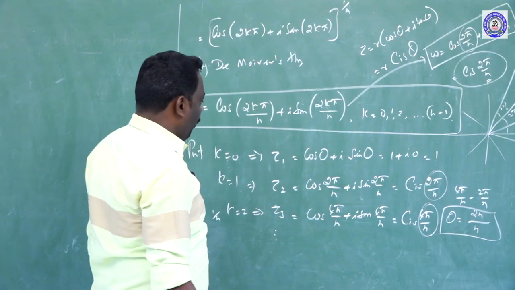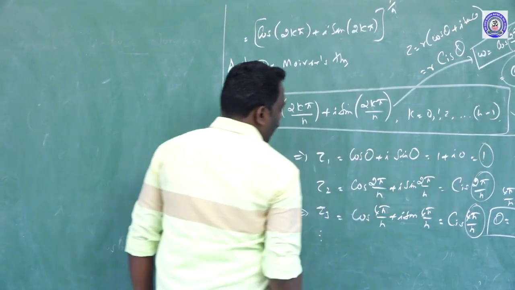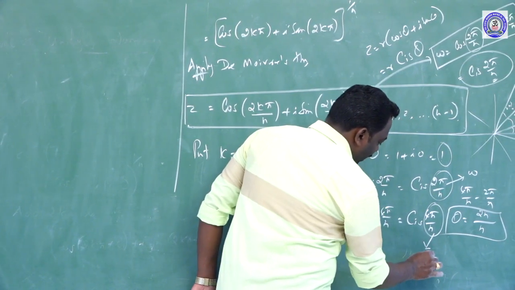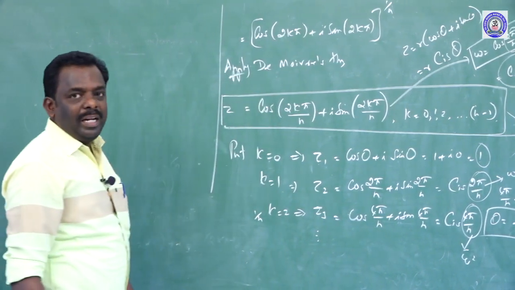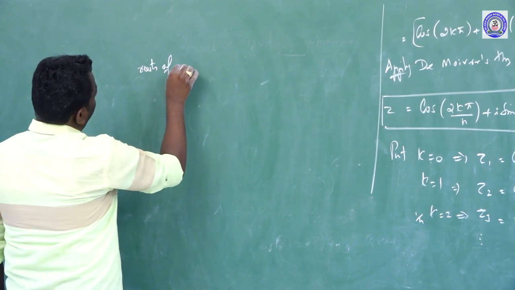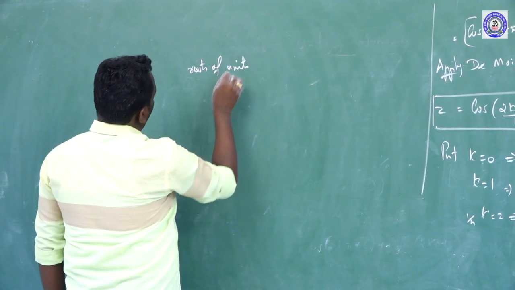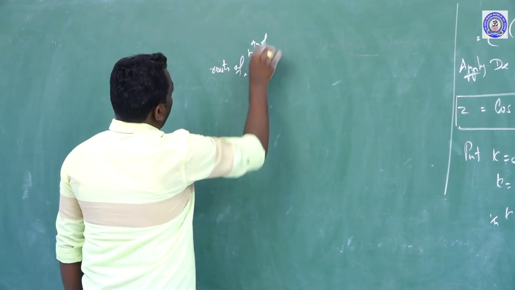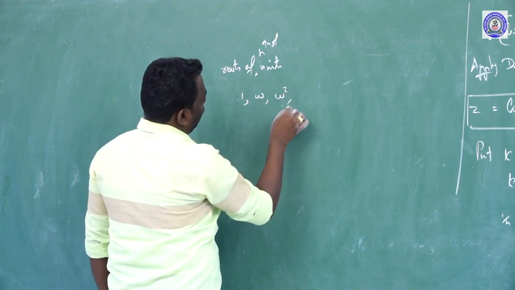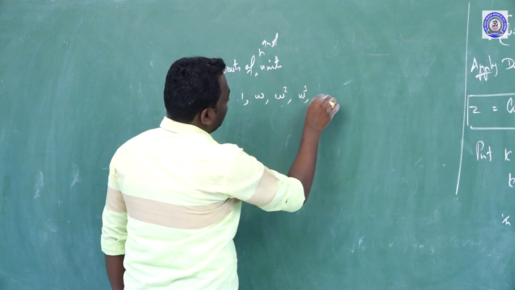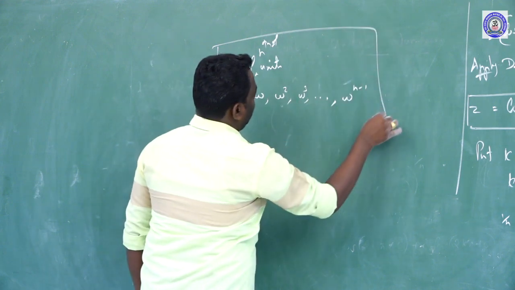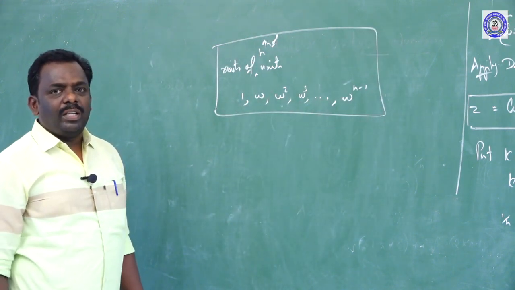Therefore the first number has the value 1, the second number we can simply say is ω, and the third number is defined by ω², and we keep continuing with the remaining roots. Therefore these are the nth roots of unity. 1 is called the first root, ω is called the second root, ω² is called the third root, ω³ is called the fourth root, and so on, and the last root is ω^(n-1). These are the roots of the given nth root of unity.